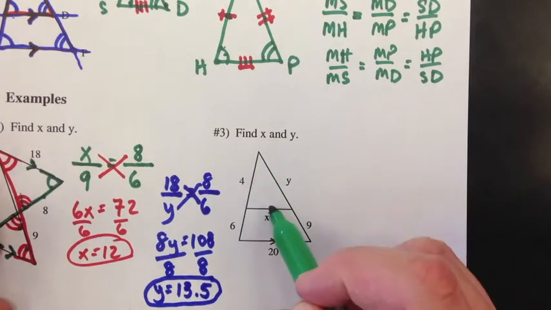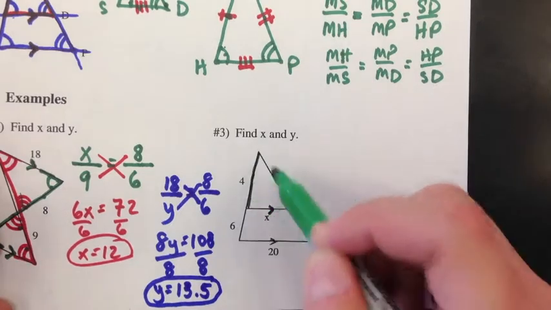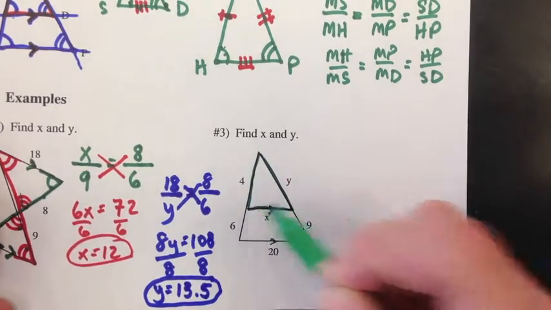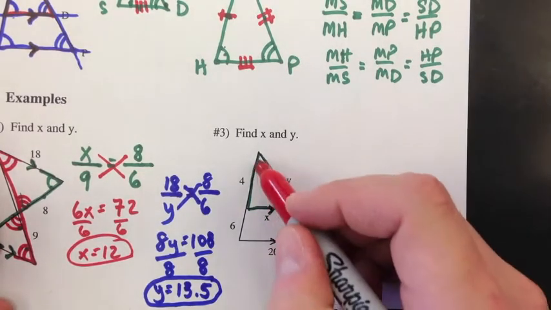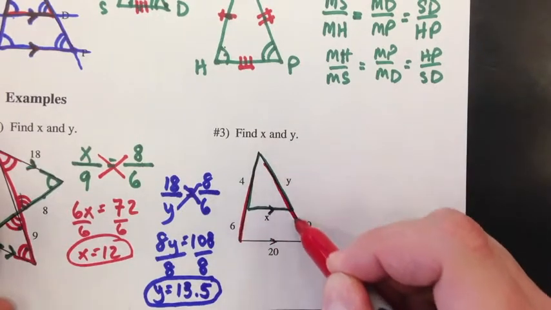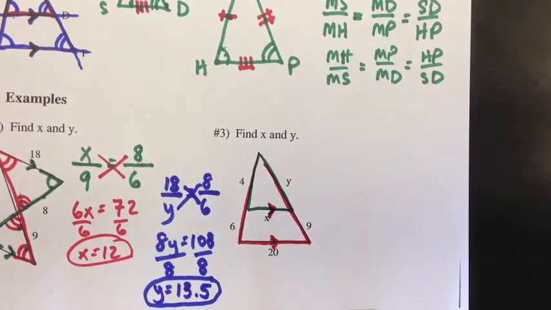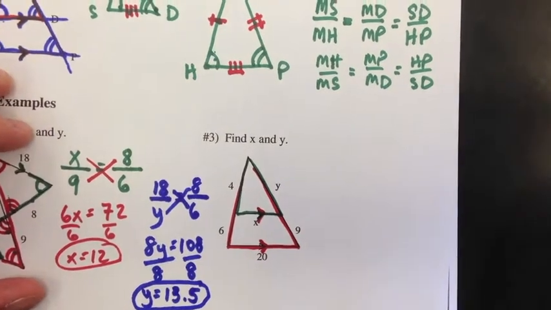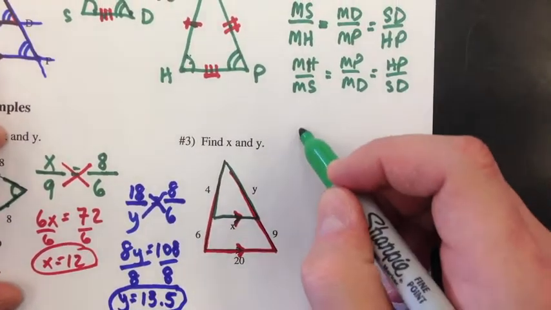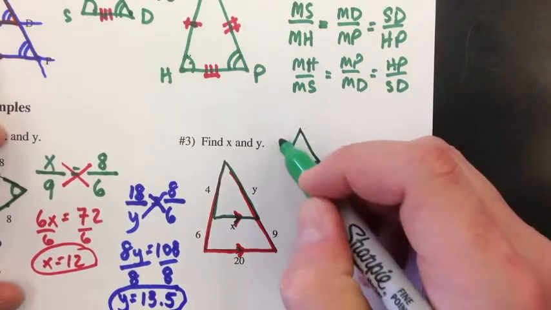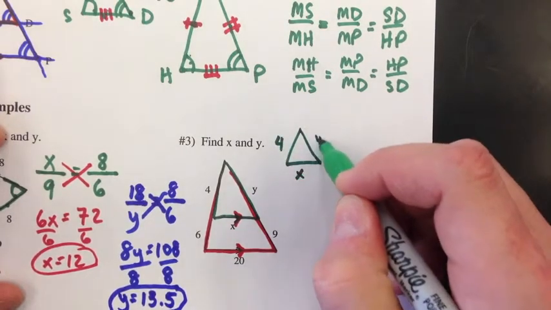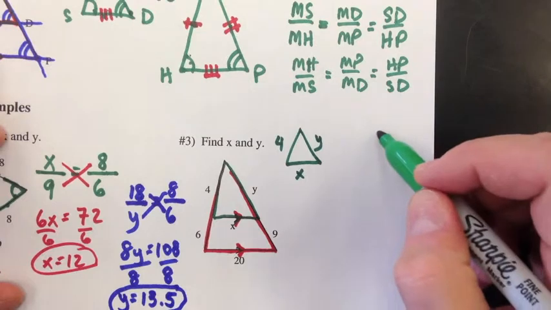Now in this example, we've got the two triangles that overlap. We've got the smaller one, and then we also have this bigger one, and we have parallel lines. Now what I'm going to do to make this a little bit more obvious when we match them up, let's draw these separately. So we've got 4, x, and y. Now for the big one,